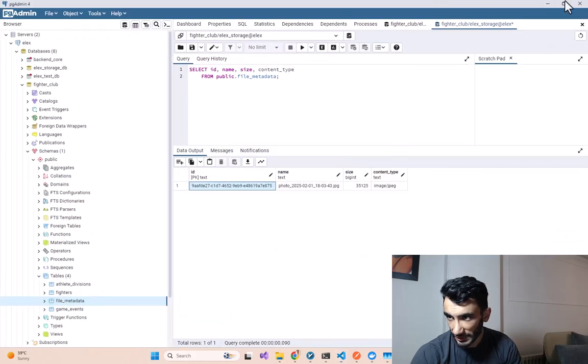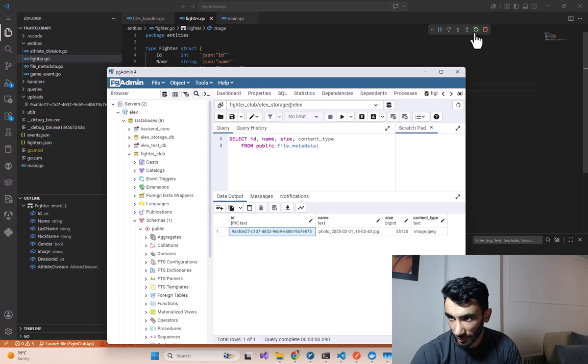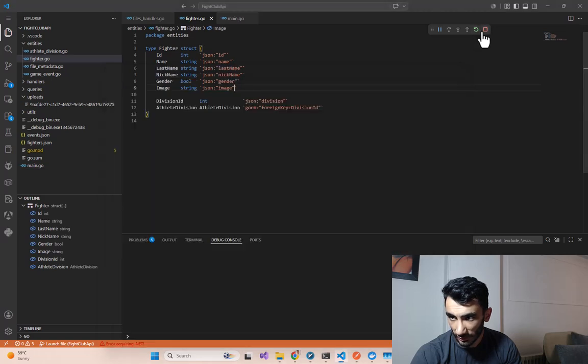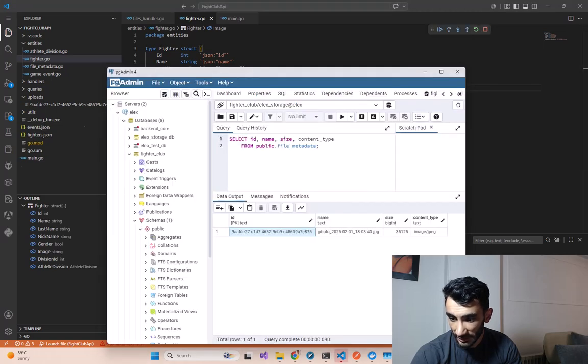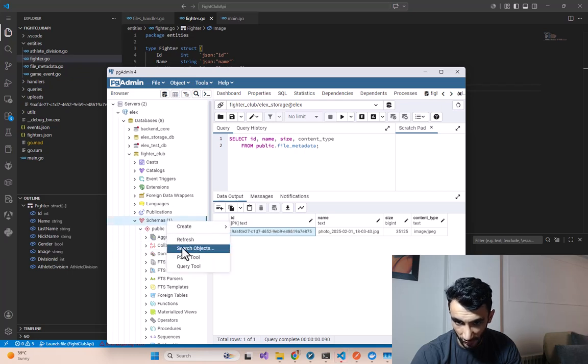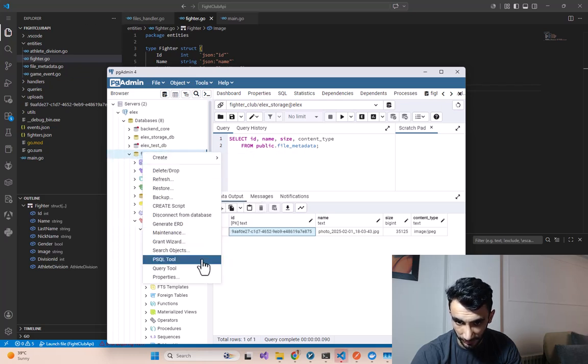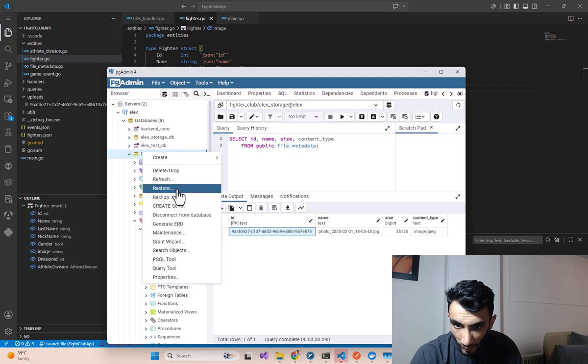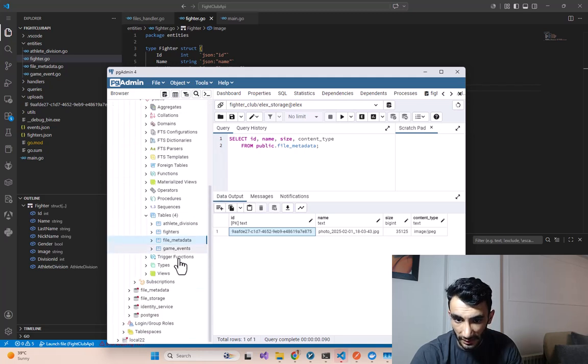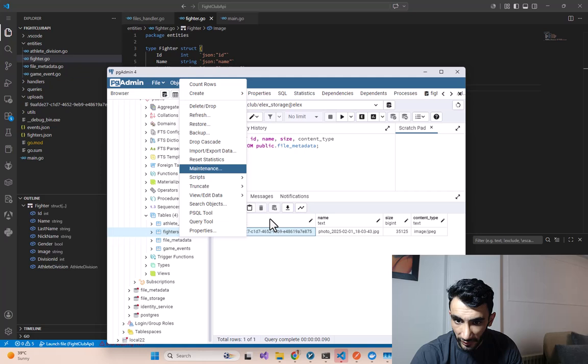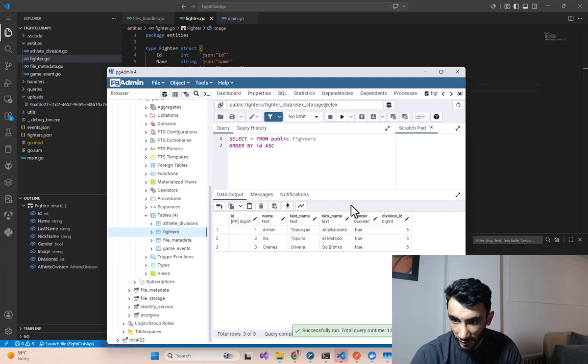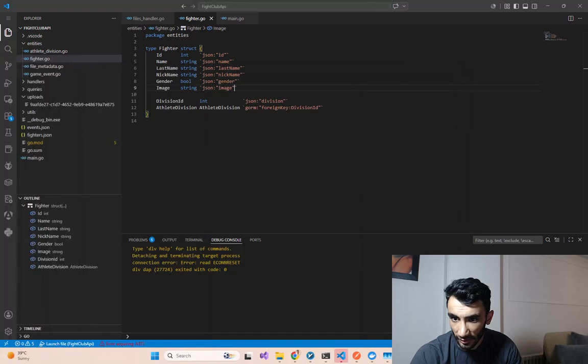Make sure it's created in the database. So we just refresh our database, and if we select all rows from our fighters,